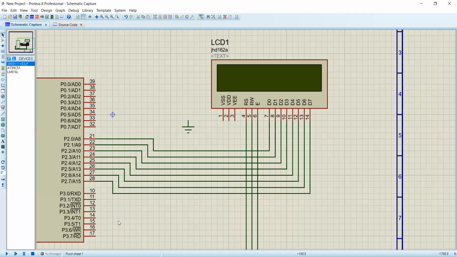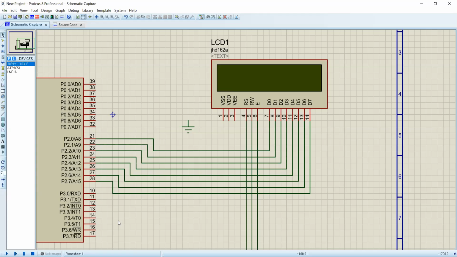See, VSS is for contrast adjustment of the display. The more you give power to VSS, the display contrast will rise. VDD is for the power supply and VEE is for the ground. So you have to be very careful while connecting these three pins because these are the key source of power for that LCD display. In real life as well, if you configure an LCD display to show some message with any microcontroller, AVR, Atmega, whatever, you have to be careful about these three pins. All the pins have their significant usage, but these three pins are the key pins.